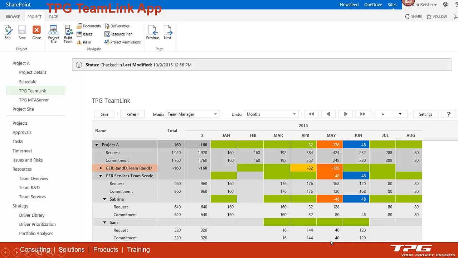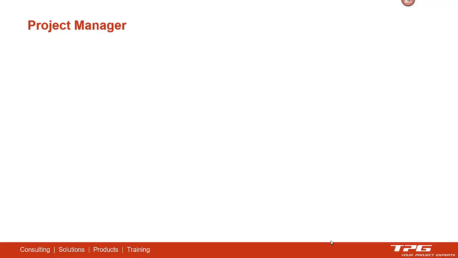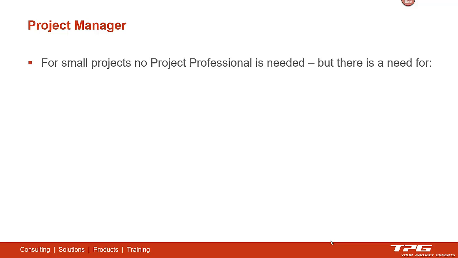All right, let's come to the last part of our presentation, which also covers resource managers and project managers. Here we're talking about high-level planning or budget or cost planning. So again, let's start with the project manager, but some of this work can also be done by the resource manager. For small projects, sometimes no Project Professional is needed, because Project Professional is too massive in its capabilities,